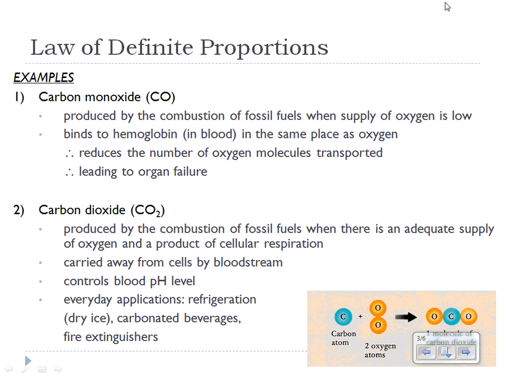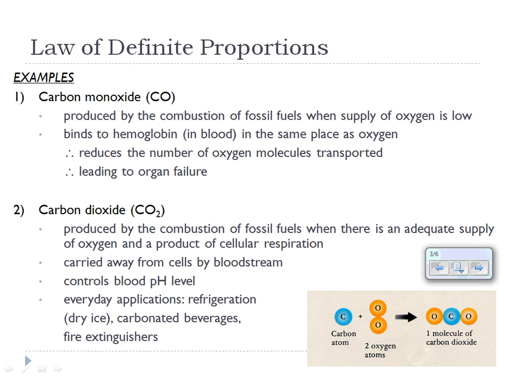So here's some more examples. Carbon monoxide and carbon dioxide. So I know you guys have some blanks here, I think, to fill in. So I'll just talk you through the points. Carbon monoxide we know is produced by the combustion of fossil fuels when our supply of oxygen is low. And here's the dangerous part of it. It binds to hemoglobin in your blood in the same places where oxygen binds. Therefore, it reduces the number of oxygen molecules that can be transported around your body, and that effectively leads to